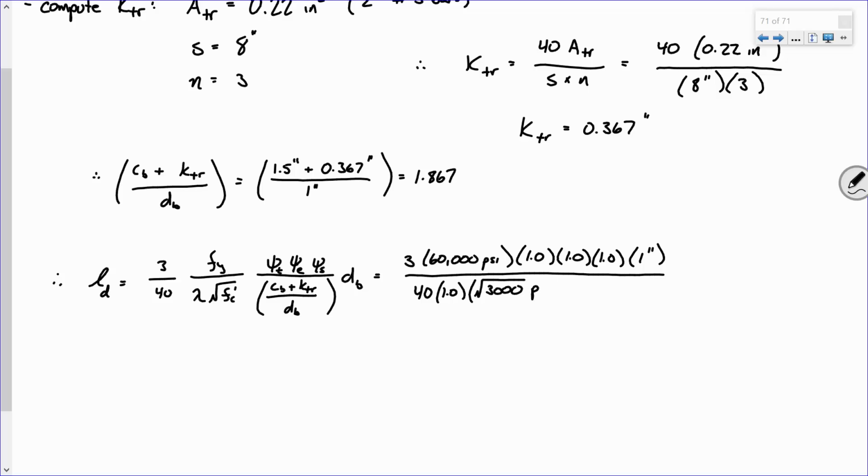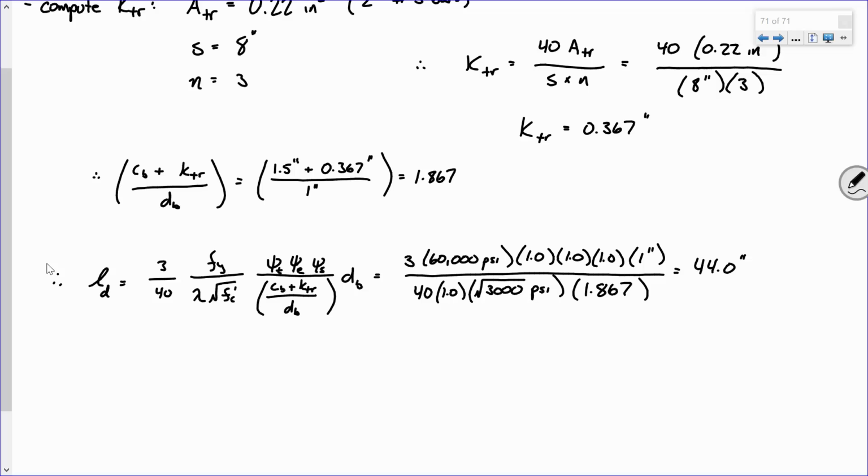Remember, you plug in PSI, you get out PSI, and then our ratio 1.867. 44 even? That's what I got. 44.0